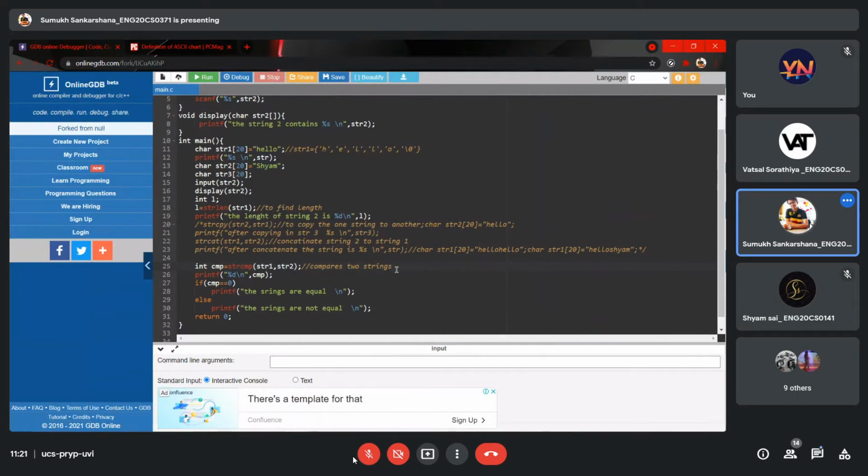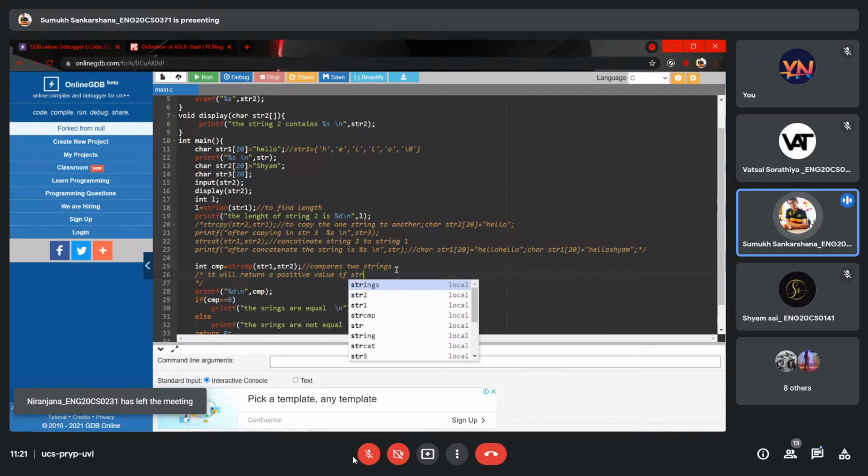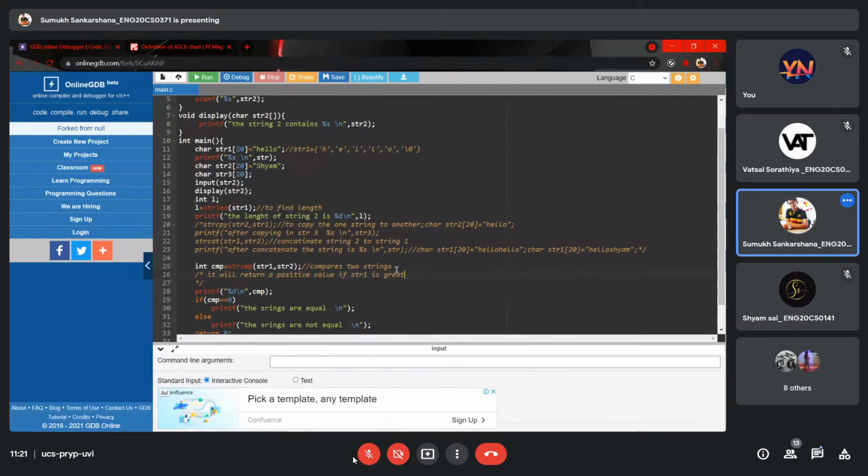I'll just write it here. It will return a positive value if str1 is greater than str2, right?